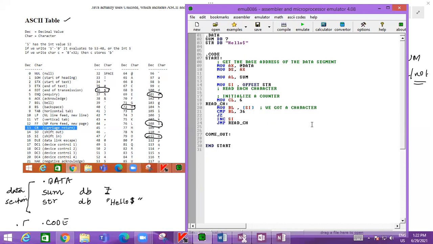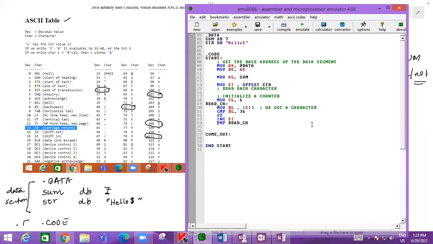So that is also one option. So you don't have to check the dollar sign. Either you can check for the dollar sign or you can check for the end of the count. So that is the option.